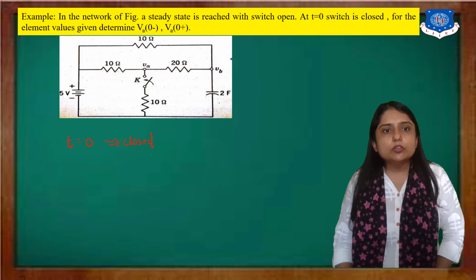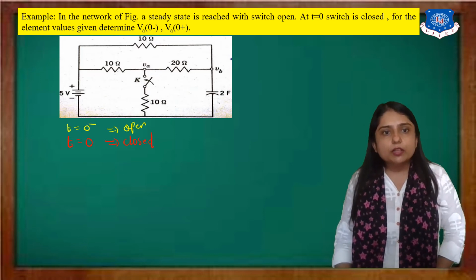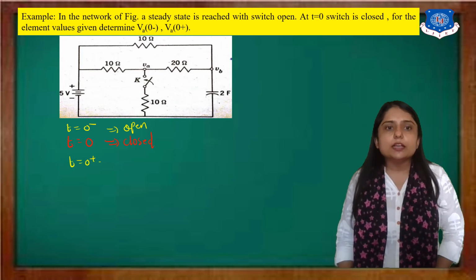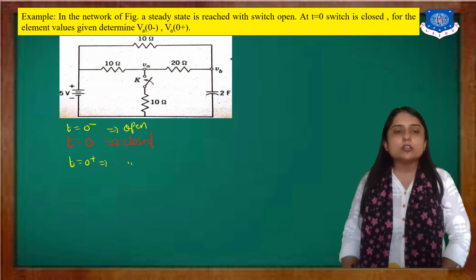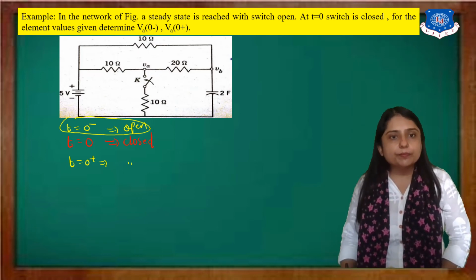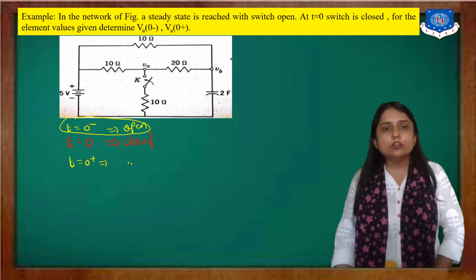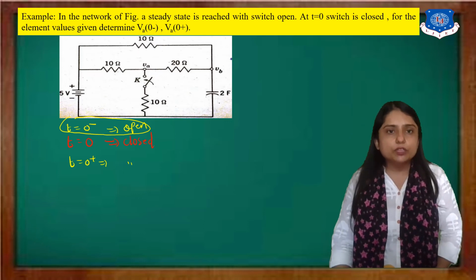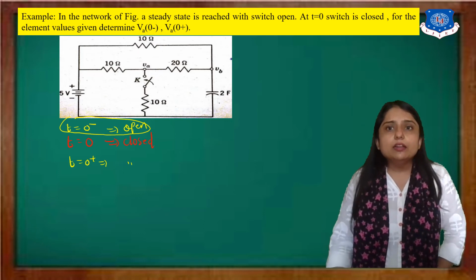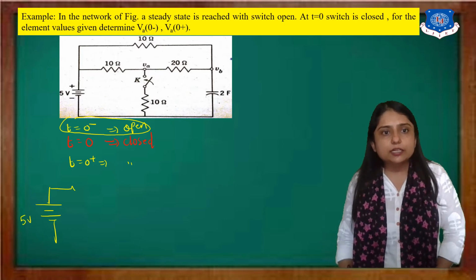So at t equal to 0, the switch is closed; at 0 minus the switch is open, and at t equal to 0 plus, we have to consider the switch as closed. First of all we will draw this diagram. When the switch is open, we will not draw this resistor because it is not part of the diagram. And steady state is given, which means the capacitor acts as an open circuit. So our diagram becomes: here I have a 5 volt source, then a 10 ohm resistor,